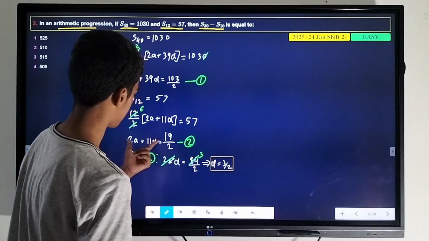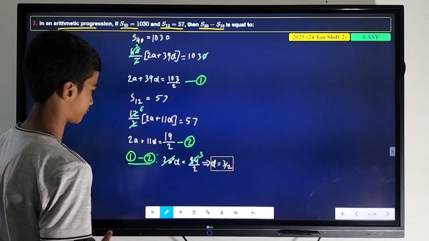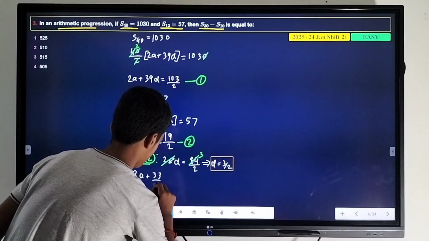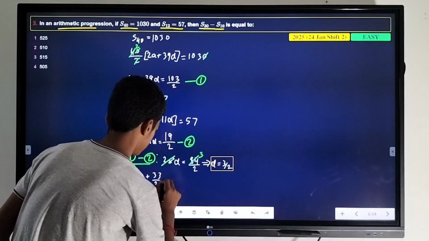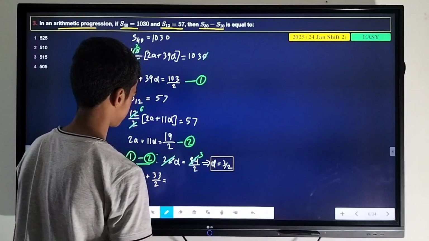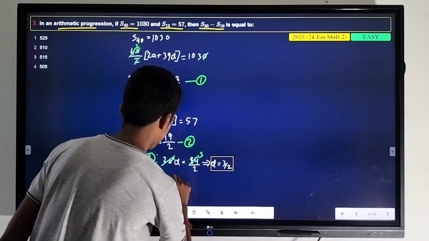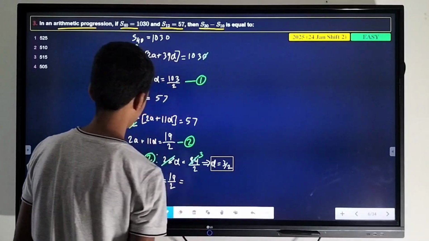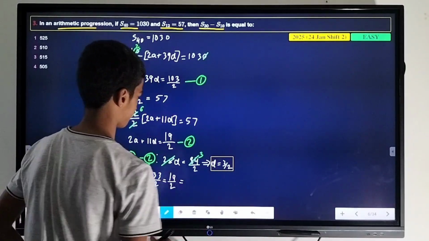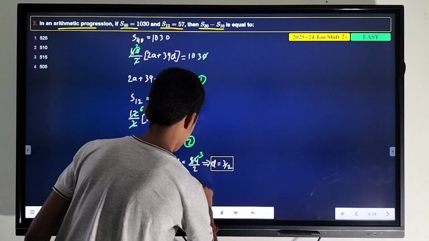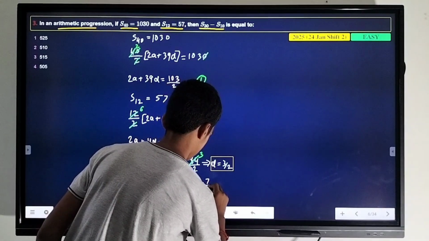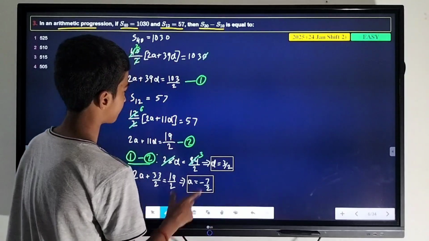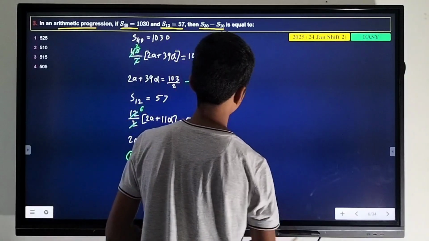We will substitute this value in equation number 2. We will get 2a plus 33 by 2 is equal to 19 upon 2. From here 2a is equal to minus 14 upon 2. Our a is equal to minus 7 upon 2. We have value of a and d. Now